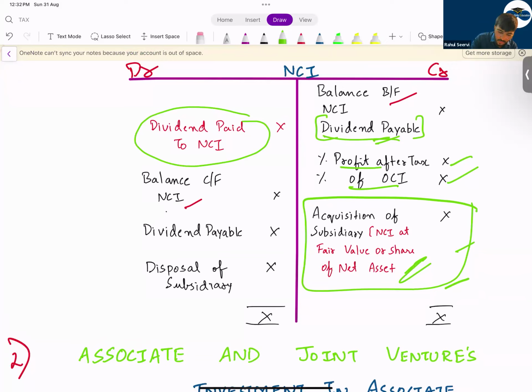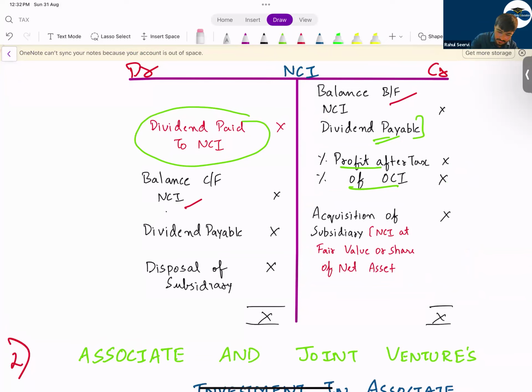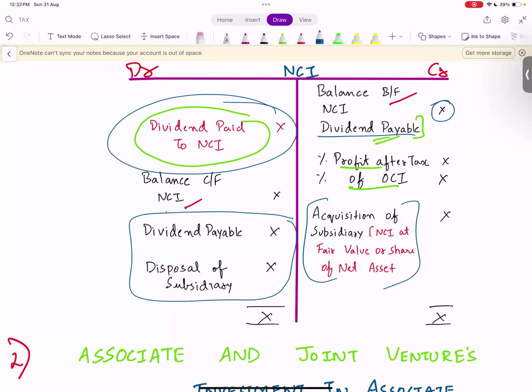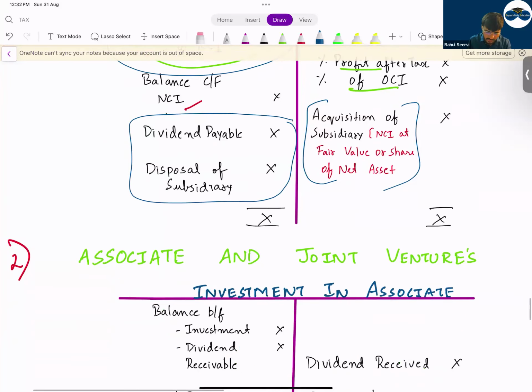Now this balance brought forward will include what all? This is the value of NCA. This is the value of new NCA. This is the brought forward balance. This will include the dividend payable also as a balance. Closing balance will include these two things. Whatever is the balance on the debit side will be the dividend paid. Now where will you take this dividend paid? This dividend paid will be taken into the financing category. Financing. Okay. Next one.